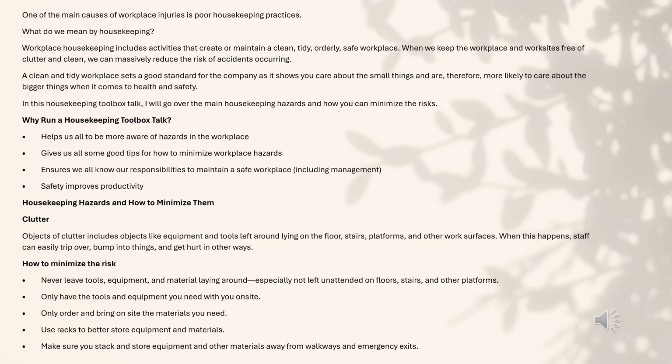One of the main causes of workplace injuries is poor housekeeping practices. What do we mean by housekeeping? Workplace housekeeping includes activities that create or maintain a clean, tidy, orderly, safe workplace. When we keep the workplace and work sites free of clutter and clean, we can massively reduce the risk of